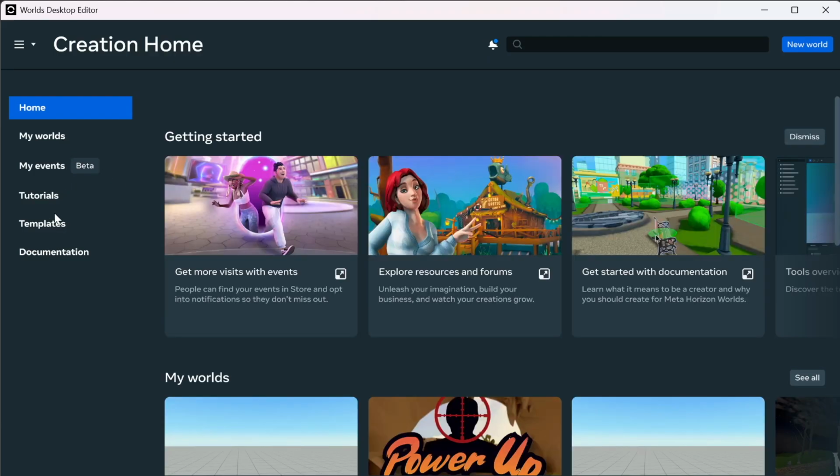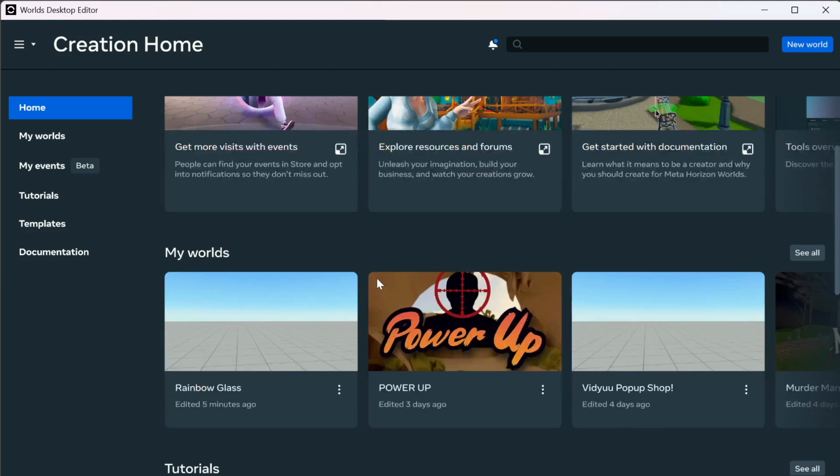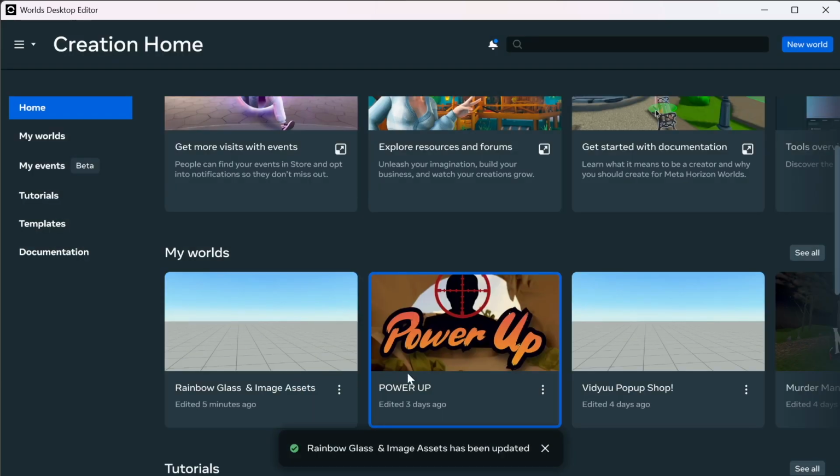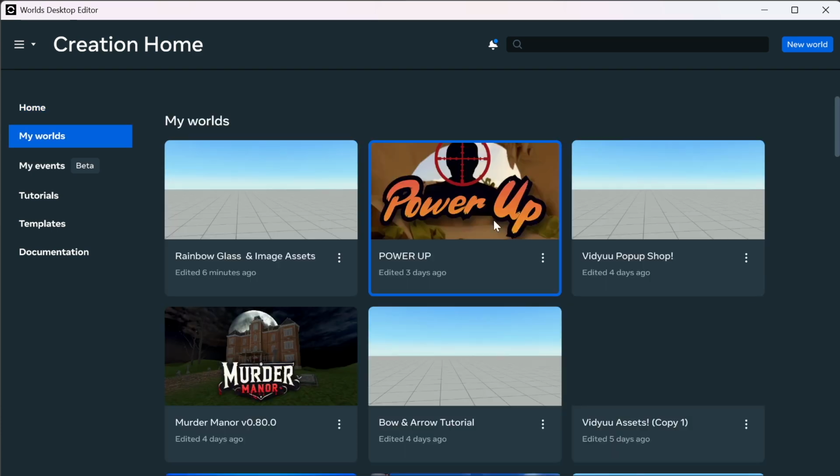Let's go. All right, last thing I want to do here is, come on, scrolling, scrolling. There we go. Can I rename this from here? Oh, I can. That is good to know. So this is rainbow glass and image assets. Fantastic, save. All right, so with that named, we can now pick up from one of our worlds that has the instruction